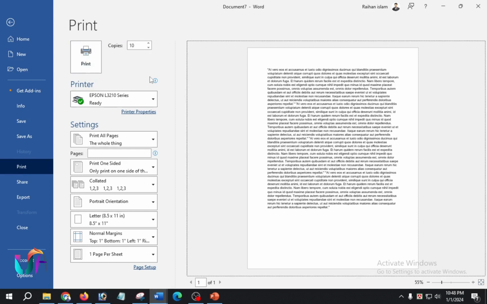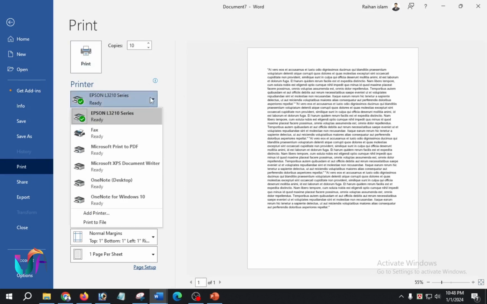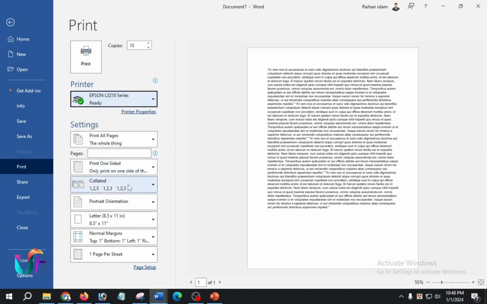The next is the printer. Which kind of printer you have, and how many printers are set up on your PC, you can see here. My running printer is an Epson. The next is print all pages. Do you want to print all pages? Then it's okay. And this is print on one side, and collated and uncollated, and portrait and